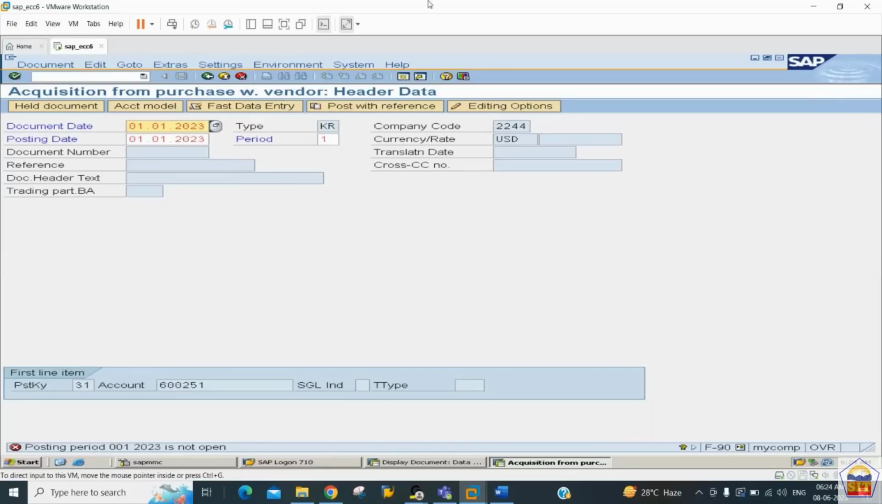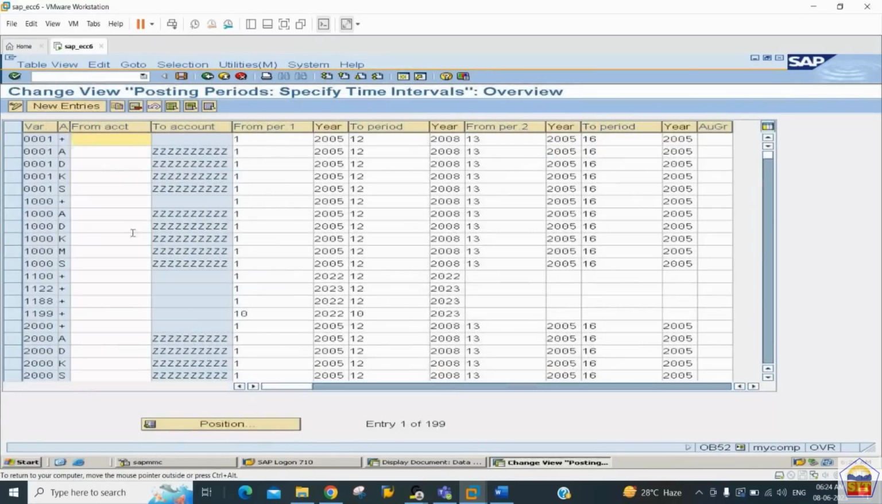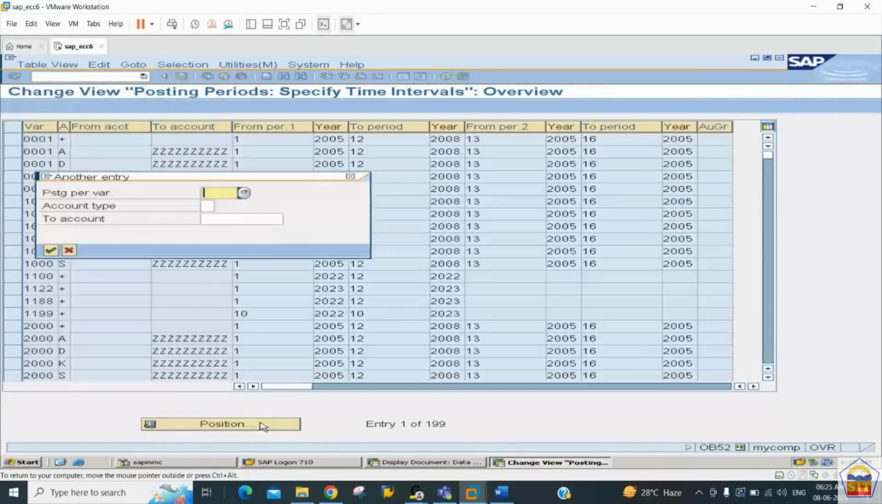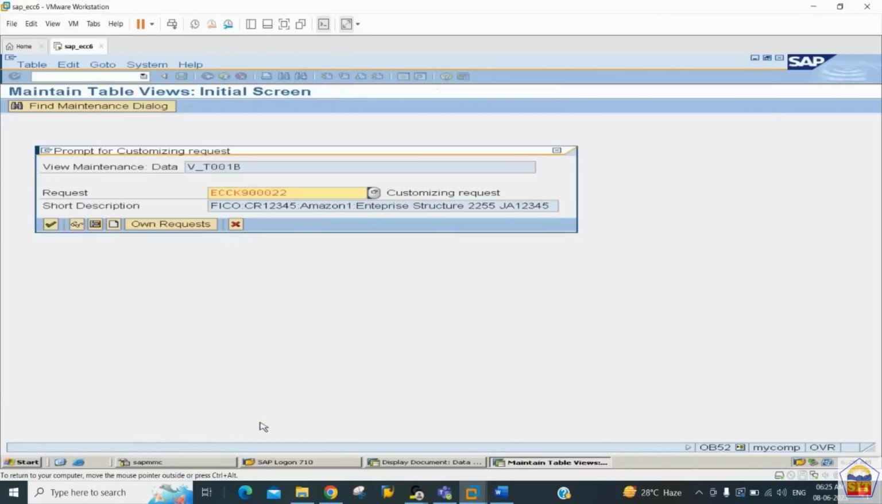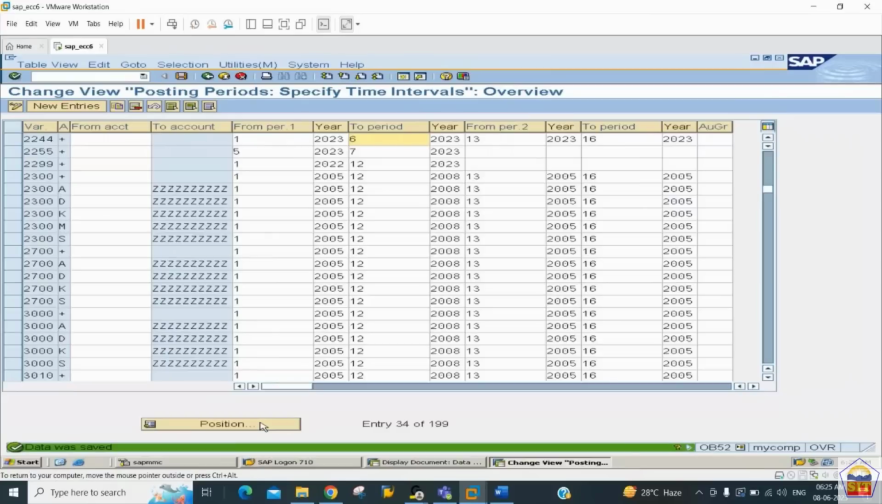In order to get this period open, what we need to do? We need to go to the transaction code OB52. In this case, we need to give the reference of our posting period variant, which is again 2244, and accordingly we can open the previous period. So let it be from 1st to 6th, that is the June month, and then we can save it. Click on the save option. Once again, we can go back to the transaction code F-90,